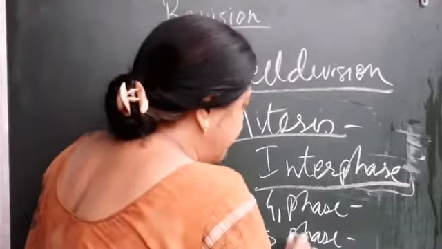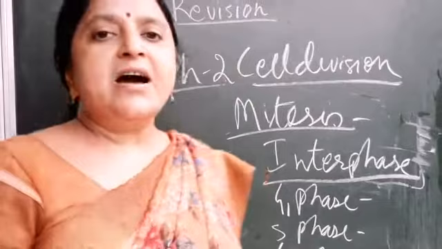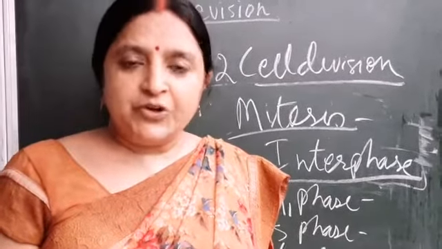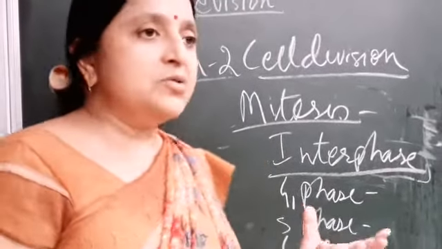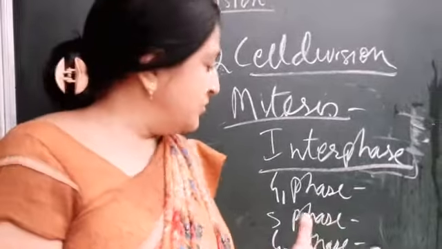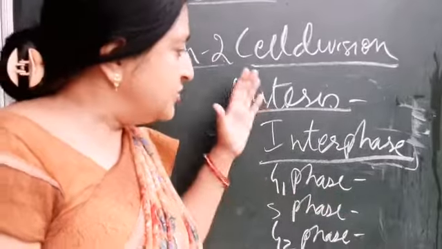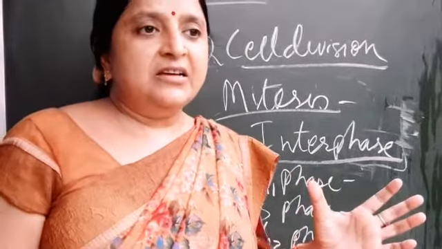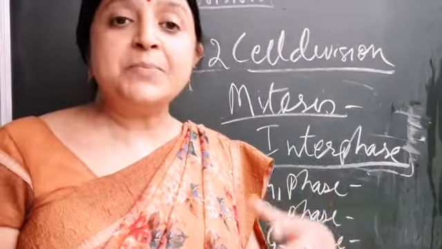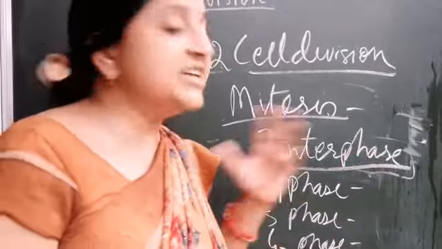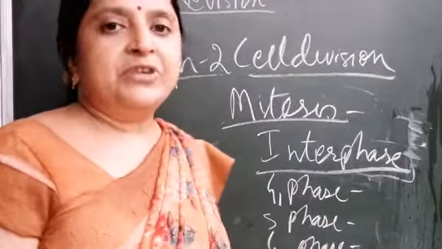Now the next phase of interphase is the G2 phase. In the G2 phase, RNA and histone protein are synthesized, and the cell also grows more in size, and DNA is also replicated in this phase. This is all about interphase. This is the phase in which the cell is going to divide. It is also known as the preparatory phase of cell division, because in this phase the cell is preparing for its division.